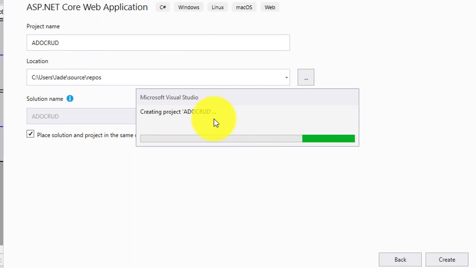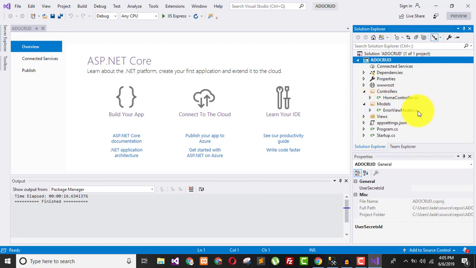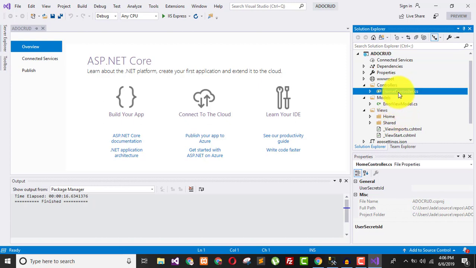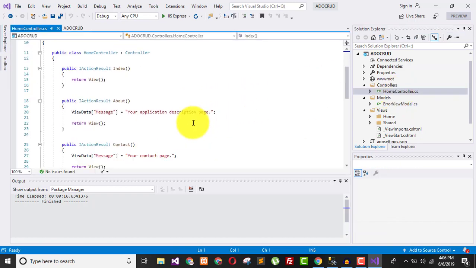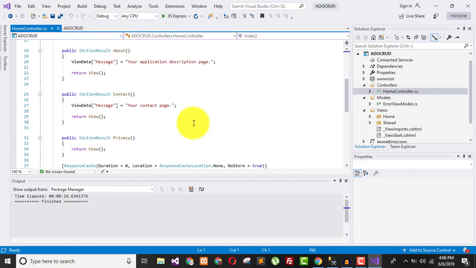So our project is based on ASP.NET Core and we are using the MVC pattern. Here is the sample project which we have created. You can see we have a default controller, a default model, and a default view. We don't need these, but we can utilize them in our project. How can we use these in our project? We will use the same controller, but we are going to create our own action results and action listeners to